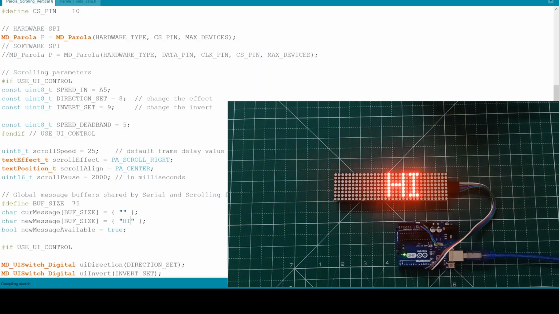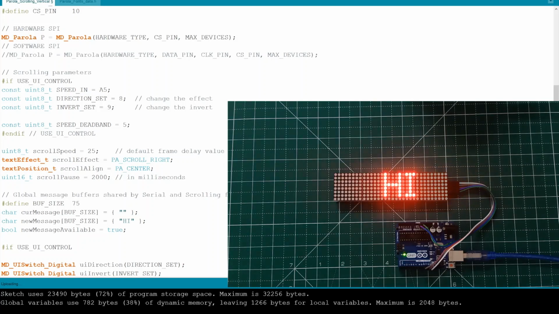It's compiling now. Yes. Now you can see it is scrolling vertically.